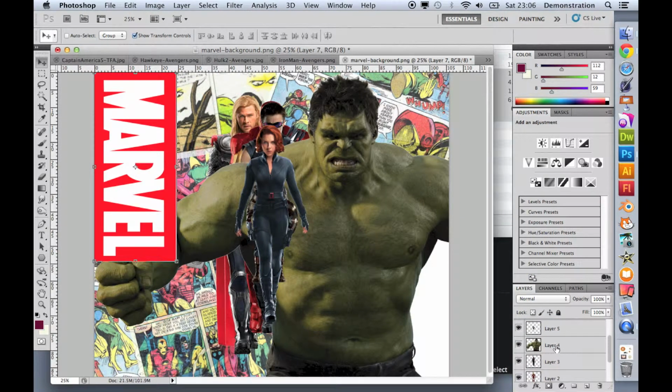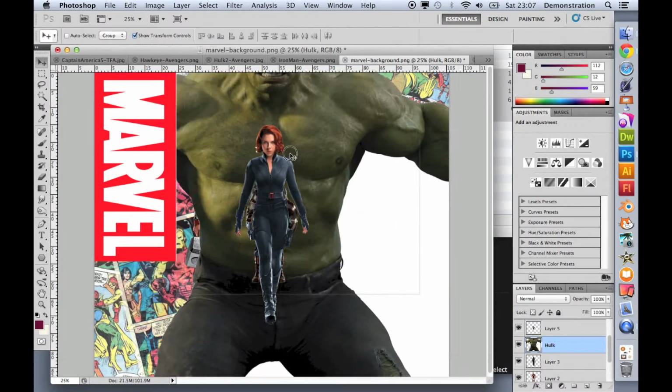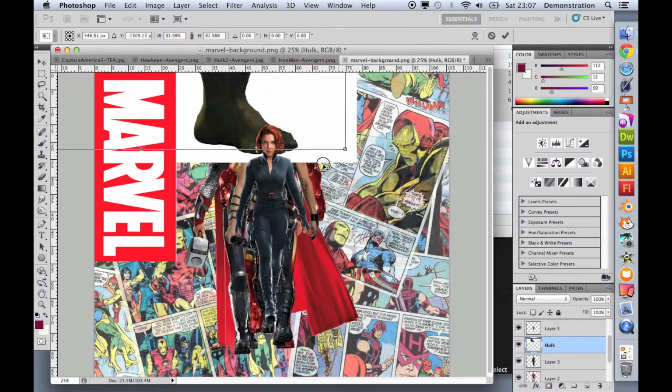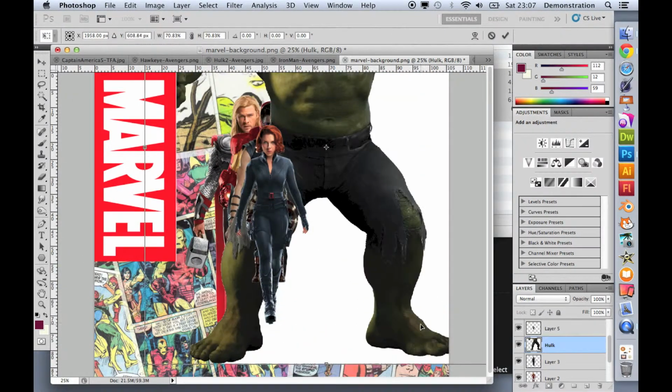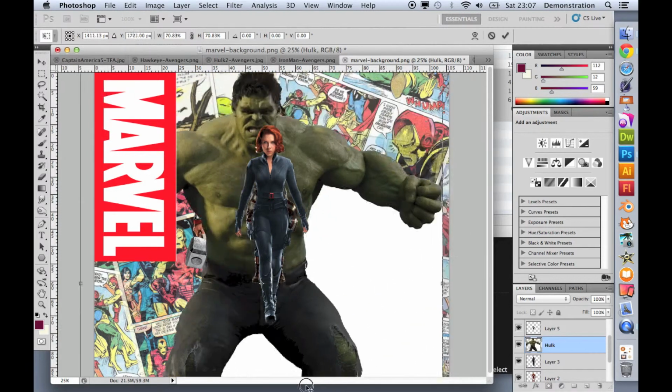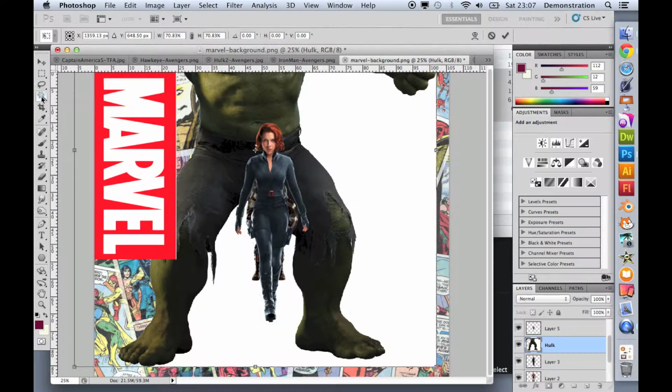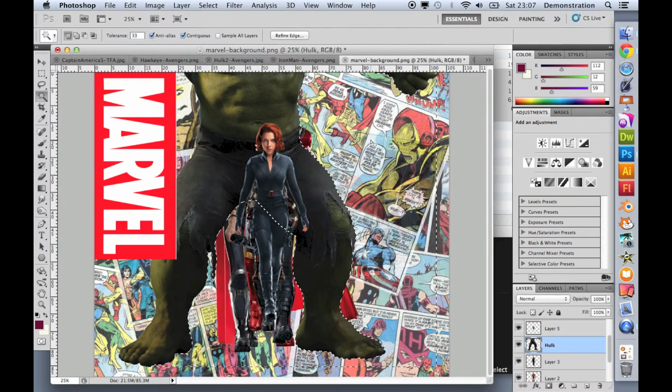Now Hulk's on layer 4, so if I just click and rename it, let's just call that Hulk, then I should be able to move the Hulk around, and again if I need to I can find the handles and resize it, except of course it looks like I did a bad job on my selecting. Looks like I forgot to get rid of the white around there, so don't worry, I'm just going to apply the transformation, use the magic wand tool, select the white, delete it, select deselect, and again let's get the transform